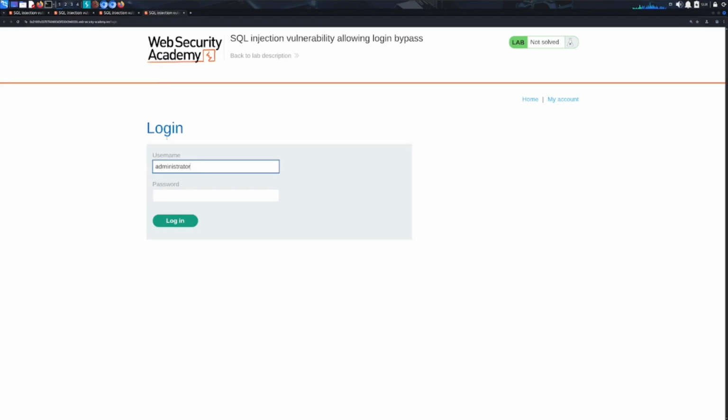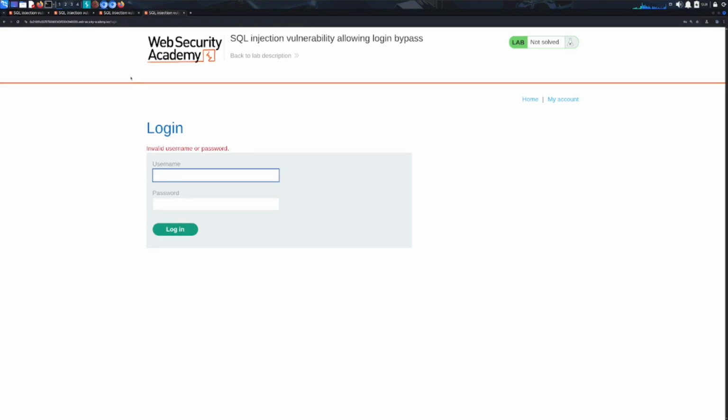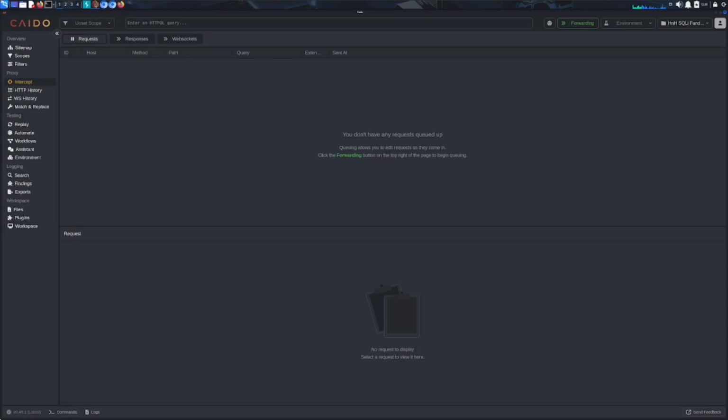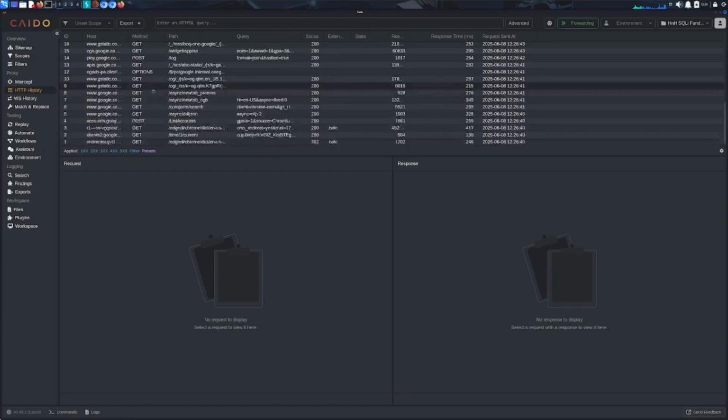So let's be really optimistic, and let's hope they have insecure credentials of administrator and administrator. And let's see. Invalid username or password. Okay, that's fine. Let's look at what that looked like. So in here,